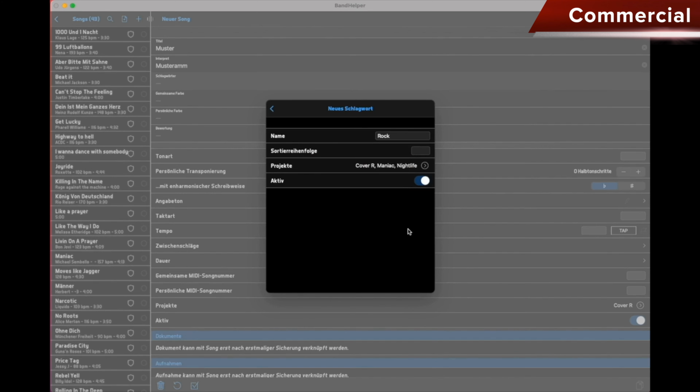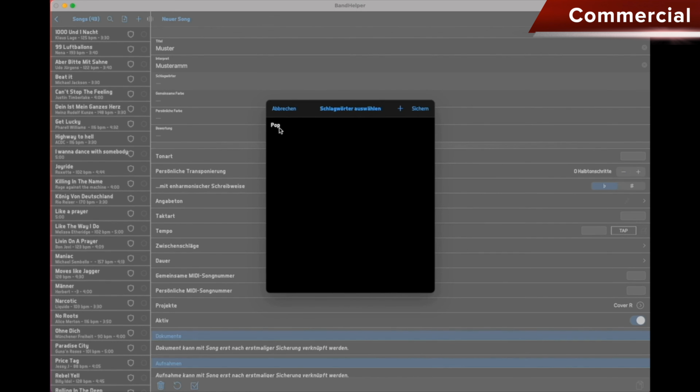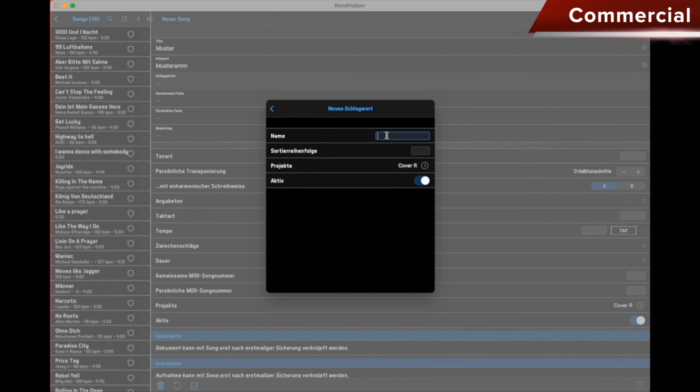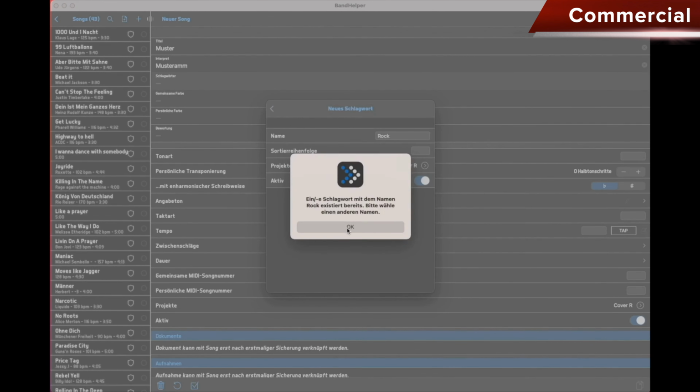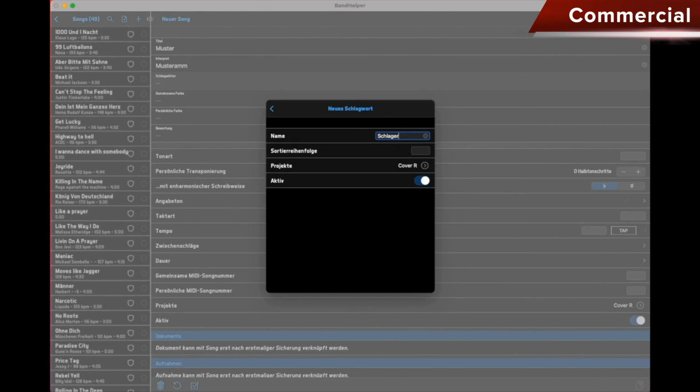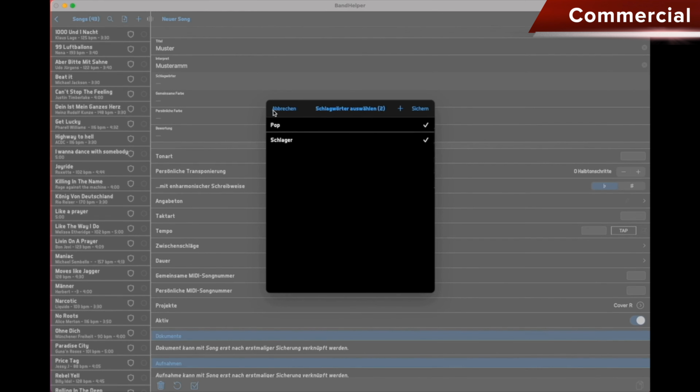Okay, this is very funny. Now, it seems the app has a glitch, so I would have to enter a new one here. That's very exciting. So now he has taken pop, which is a good question. Obviously, the keyword rock already exists. And I will leave the project as is, so now I click on pop,